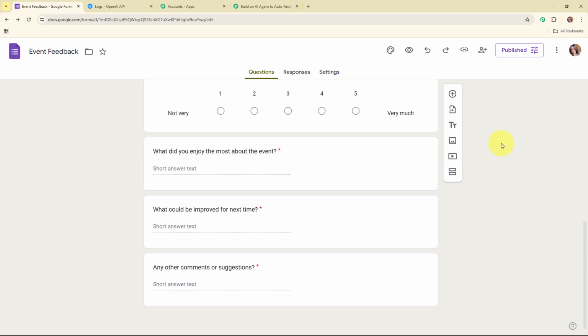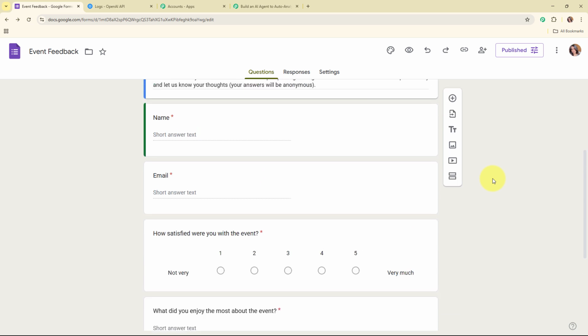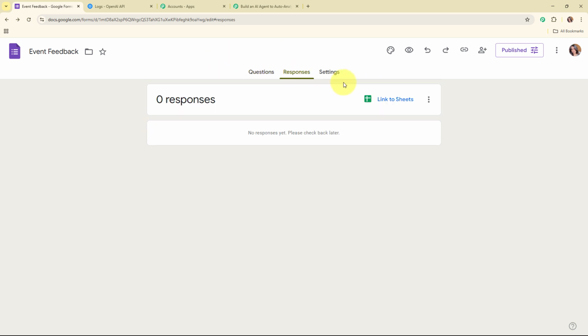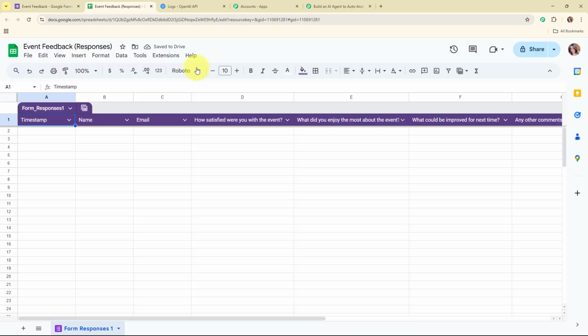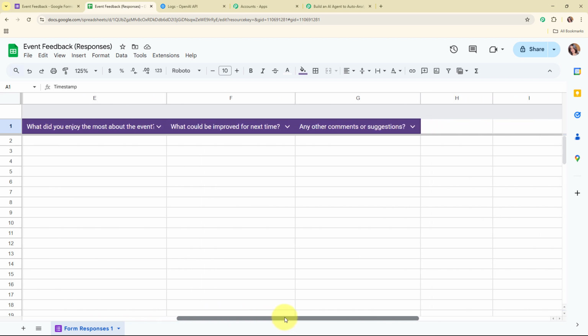So now firstly I'm going to connect this Google form with my Google Sheet in order to capture all the form responses in my Google Sheet. So for that I'm going to click on this responses, and from here I'm going to click on this, and from here I'm going to click on this link to sheets, and then I'm going to create a new spreadsheet for the same. And here you can see the spreadsheet that we have successfully created over here, where we have received the fields similar to the form fields that I've entered in our Google Forms.